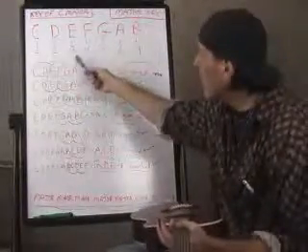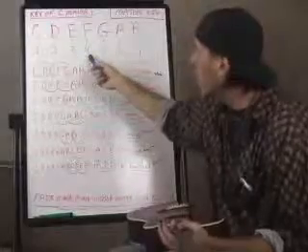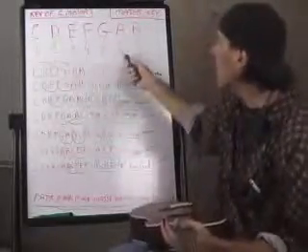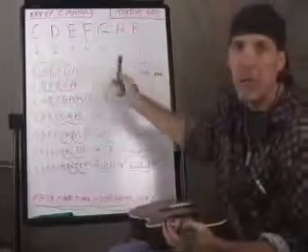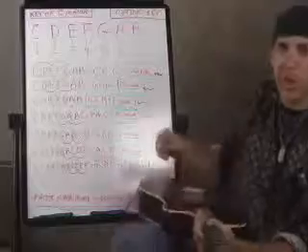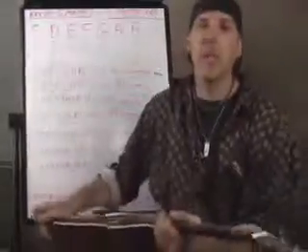So in the key of C, your 4 chord is your F. Your 5 chord is your G. Your 6th chord is the A. It works the same for any major key. So if you want to write a song in the key of C, let's say,